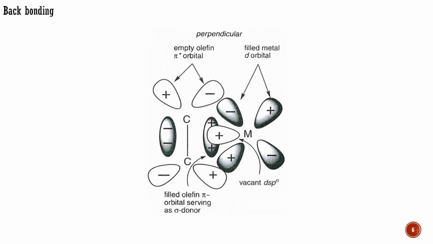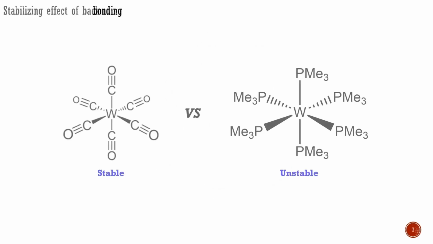The degree of pi back bonding has a serious effect on the reactivity of pi acceptor ligands, which will be described later. By back bonding, the metal can get rid of some of its excess electron density and delocalize it over the pi acid ligands. In tungsten hexacarbonyl, back bonding is so effective that the compound is air-stable and relatively unreactive. The carbon monoxide ligands have so stabilized the metal electrons that they have no tendency to be abstracted by an oxidant such as air. In the hexatrimethylphosphine tungsten complex, in contrast, back bonding is negligible and the complex is reactive and